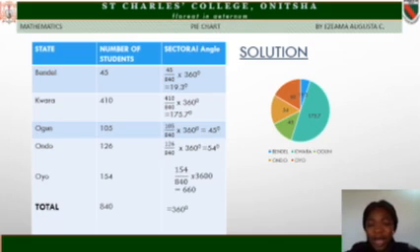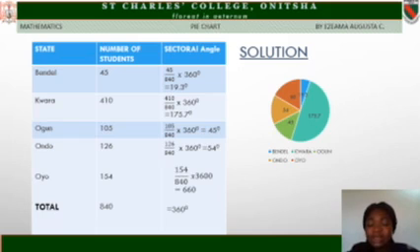Now coming to each sectorial angle, we have for Bendel 45 over the total students, which is 840, times 360 degrees. That gives us 19.3 degrees. For Kwara, 410 over 840 times 360 degrees gives 175.7 degrees. For Ogun, 105 over 840 times 360 gives 45 degrees. For Ondo, 126 over 840 times 360 gives 54 degrees. And for Oyo, 154 over 840 times 360 degrees gives